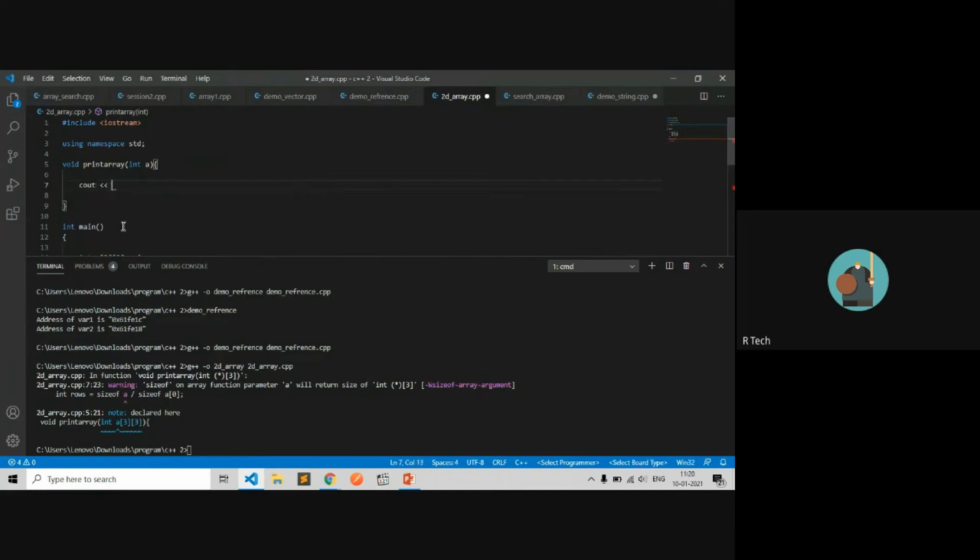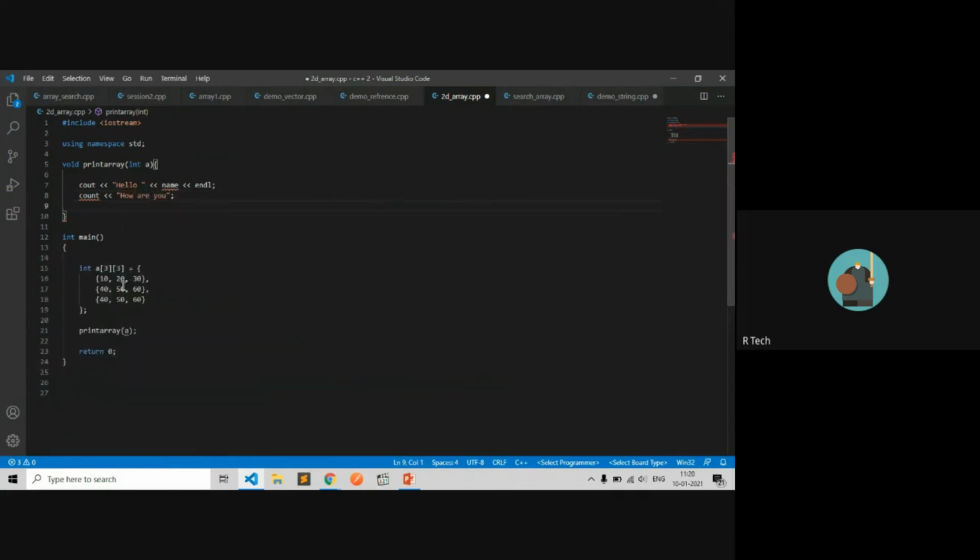Let's have another example. Hello, name, handle. How are you? If you want to print these, you have to use a vector function.